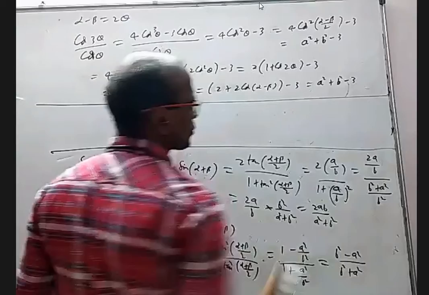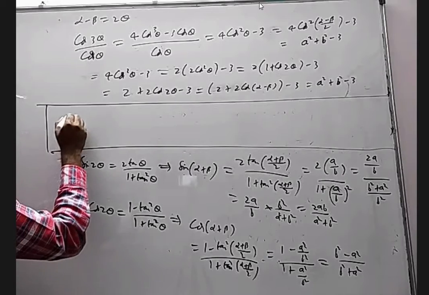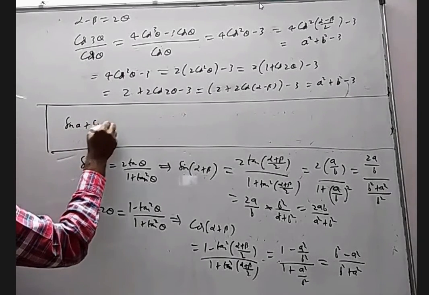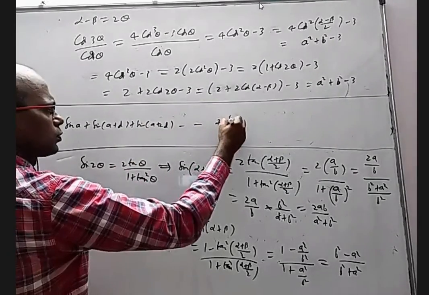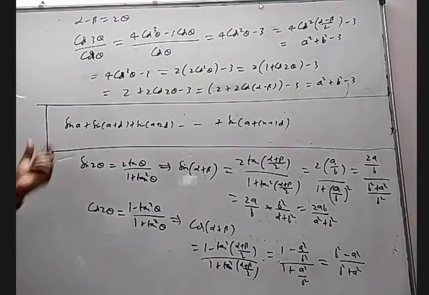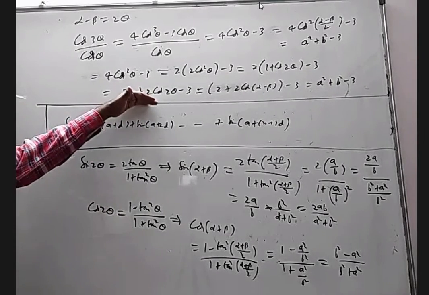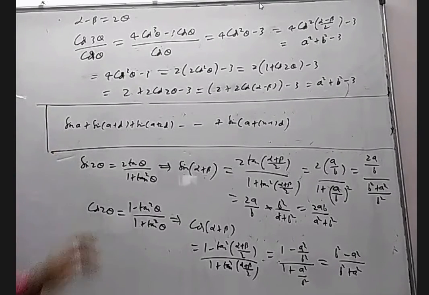Okay, after this is over, I'm going to derive a formula for sin A plus sin (A plus d) plus sin (A plus 2d) and so on up to sin (A plus (n minus 1) into d). Whenever the angles are in arithmetic progression, there is a formula for it. We are going to derive it. So if you complete up to here, after finishing this, write this part and complete up to here. If any doubt, you ask me, after that I'm going to talk about this.